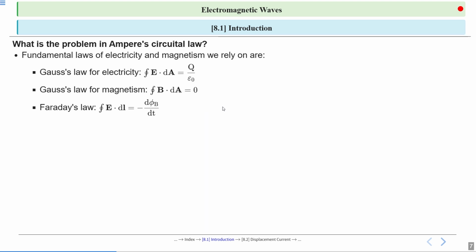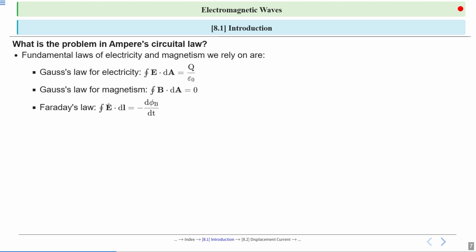So E is equal to minus dV by dl, or dV is equal to minus E dot dl, or the closed integral. In place of EMF we write minus closed integral E dot dl, and the minus goes to the right hand side. So another form of Faraday's law is